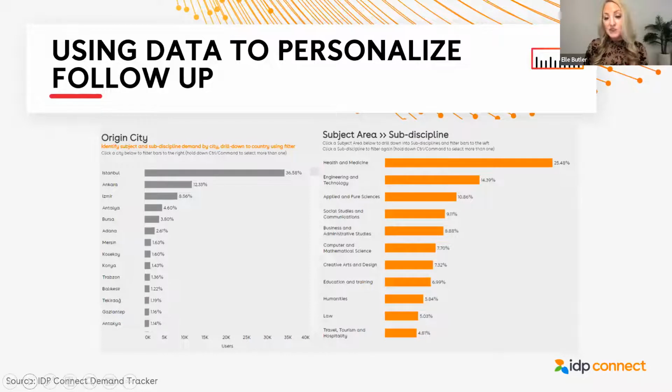So for example, if you have some student inquiries from Turkey, but you don't have much other information on them, you could dive in and see the top cities where leads are coming from in Turkey, the top program interests of those students, and that could give you a good idea of the types of programs that you should be promoting and marketing in your nurture campaigns to those undecided students.